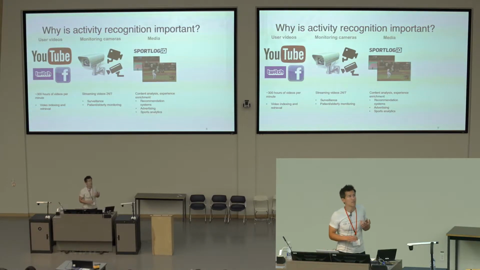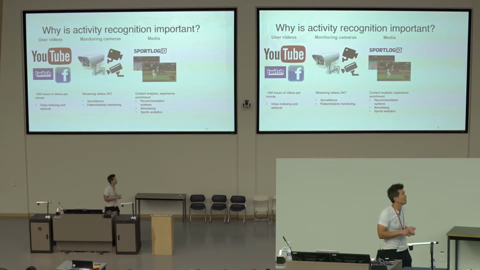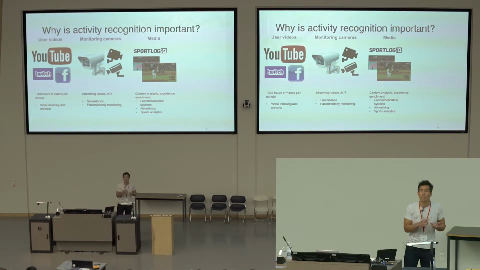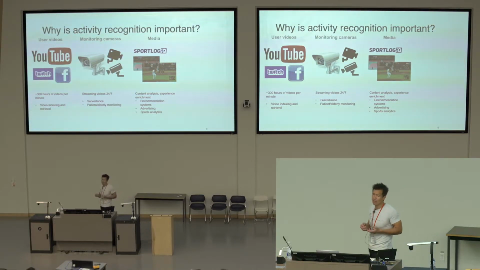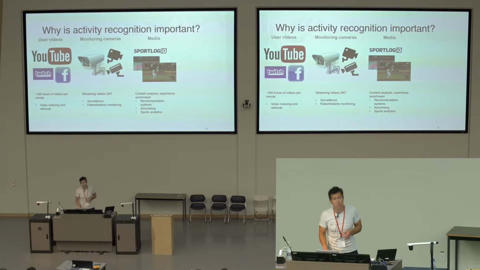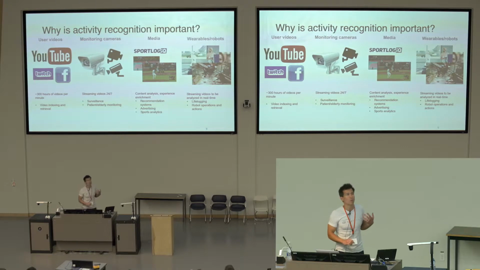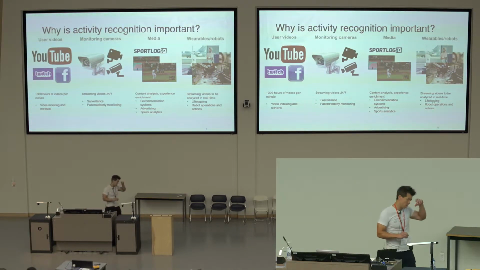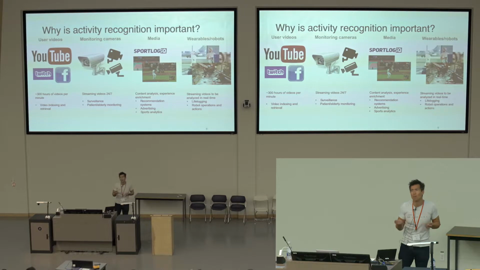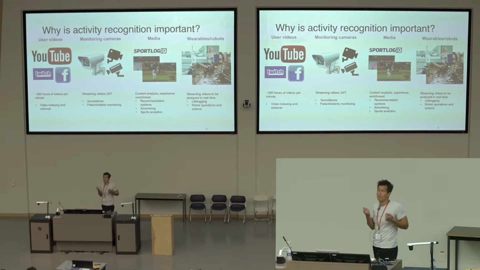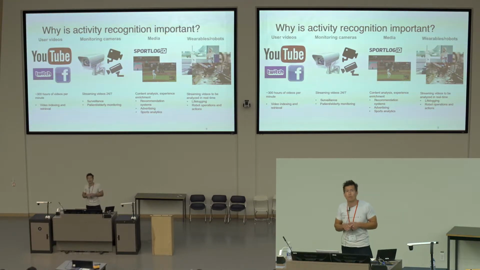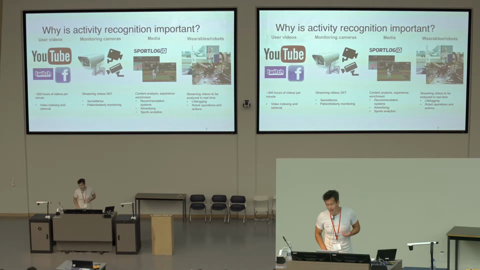There are also lots of applications in media, in tasks such as sports analytics, trying to understand what players are doing in a scene, for the purposes of media or content analysis, or recommendations of different players and strategies to employ in sports. And finally, there's a lot of effort in wearables and robotics, where you're dealing with either person-mounted cameras or cameras mounted on mobile robots, trying to let those agents interact with people in the environment. So you want to be able to characterize what people in a scene are doing so that you can behave naturally in a scene if you're developing a mobile robot application.